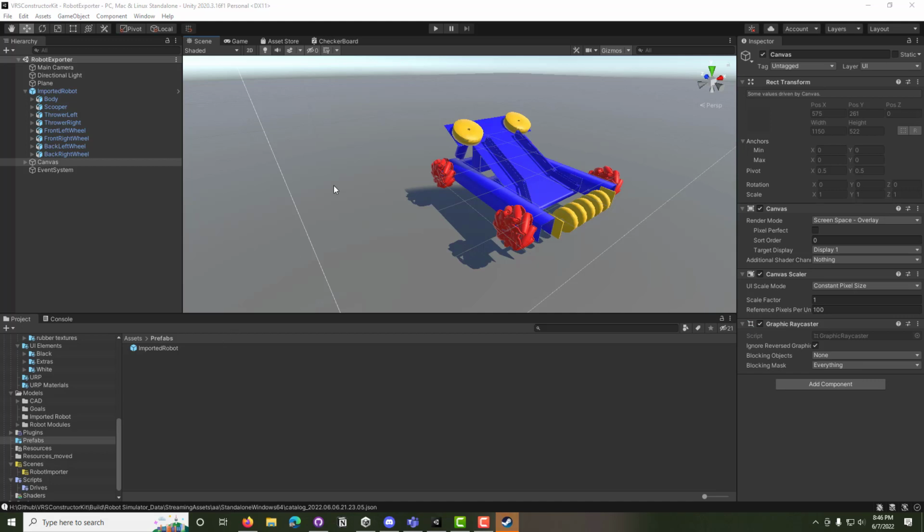Here's a quick tour of the robot importer as it's currently working. So the user, whether somebody with a beginner level understanding of Unity or someone on our team who's doing the work for them, would first use the Unity exporter that we've developed for Fusion, which spits out the